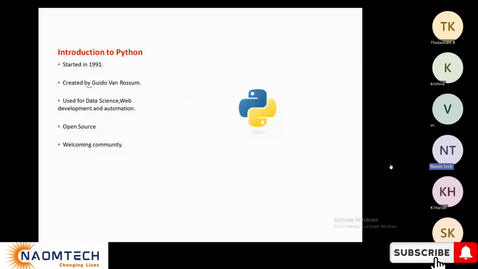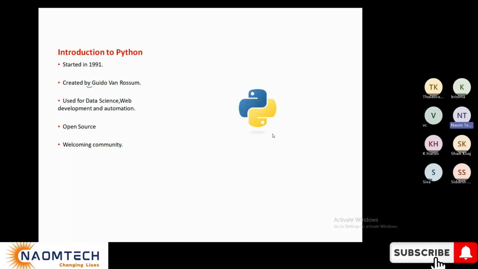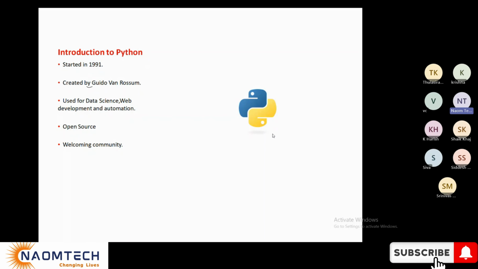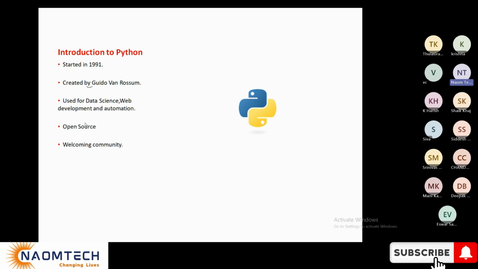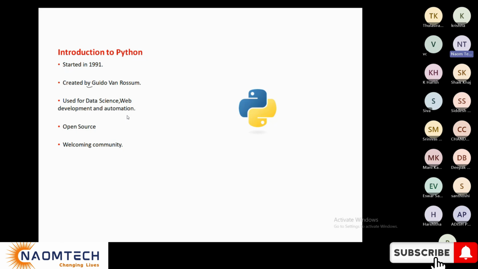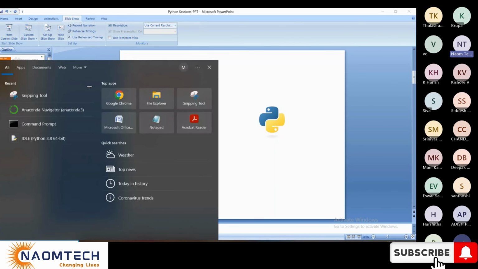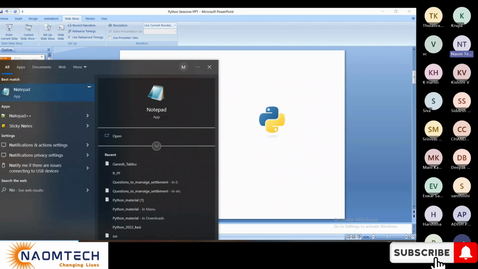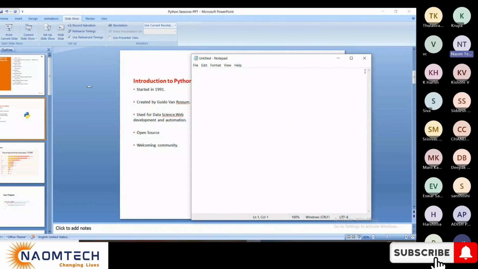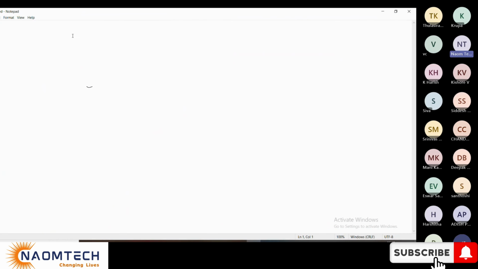So that is another important thing. Data science, and then in many places again, web development. If you see these days, Python is used for doing this web development. I hope all this is clear for all of you, team. And then where else can we use this automation? Let me just quickly use Notepad to give a few more insights.